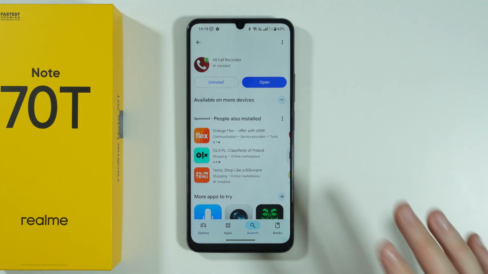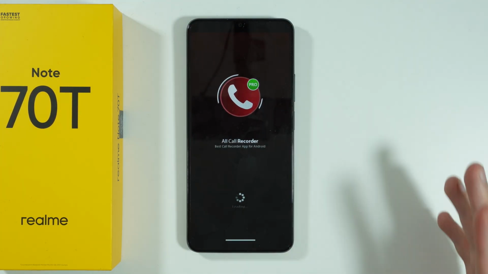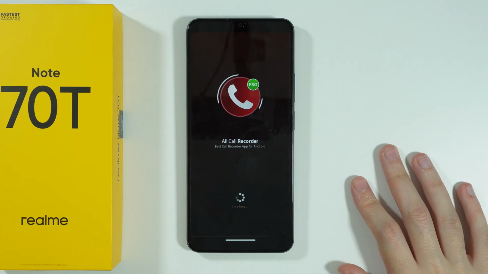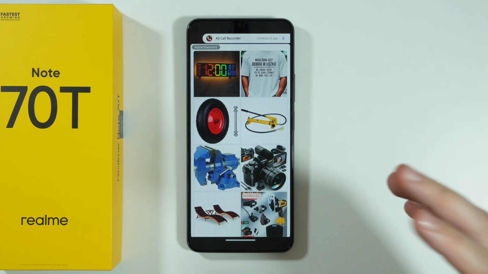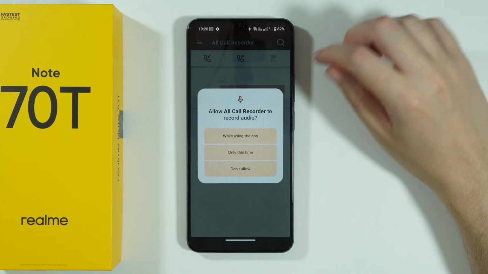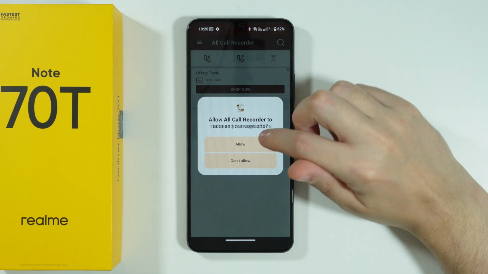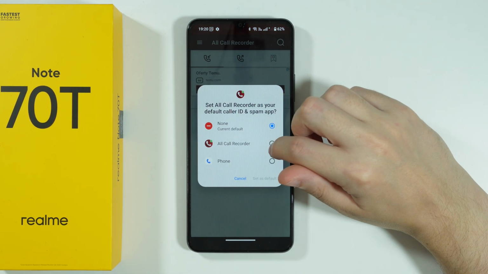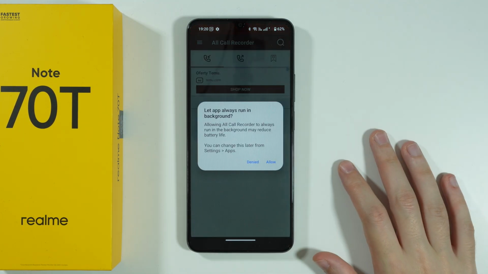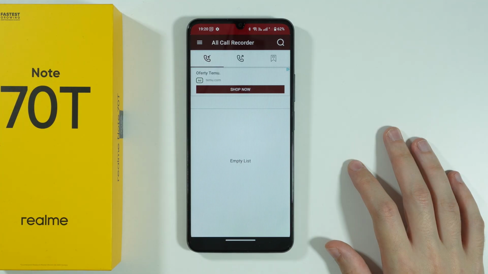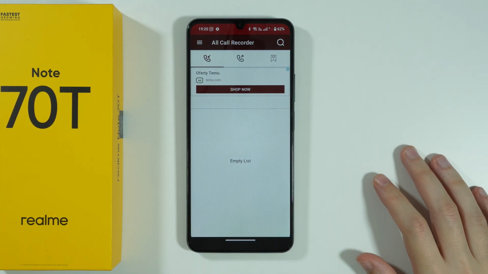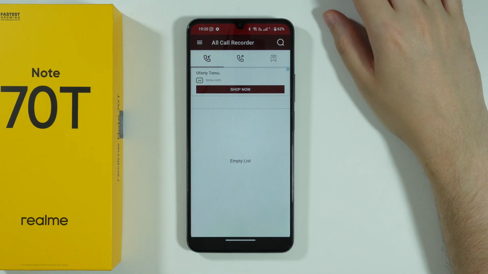So let's open it. Usually the setup is really easy. You just have to follow the instructions that you will see on the screen in order to set it up. And you might see an ad in the meantime, but of course you should be able to close it. So let's go ahead. Let's grant all of these permissions over here. And let's choose this app as the default one. And there we go. So whatever it is required to make this app usable, just let the app have access